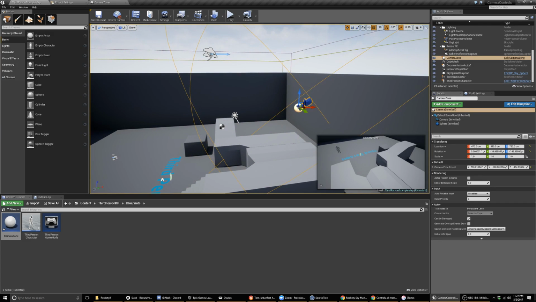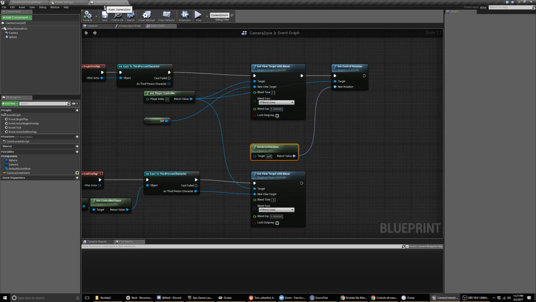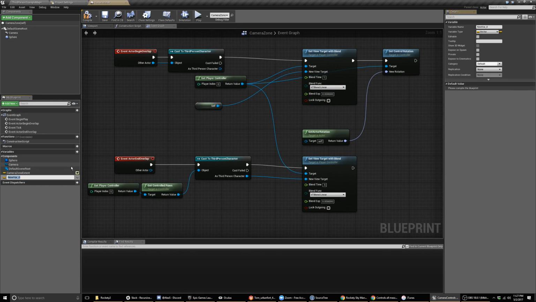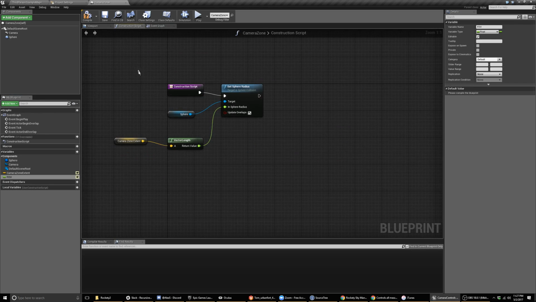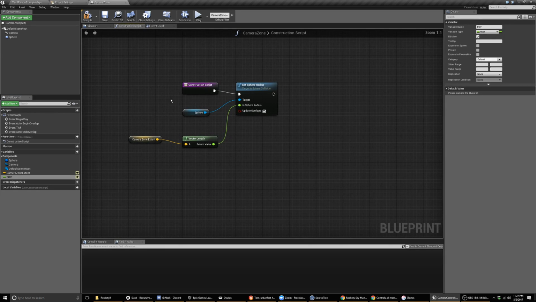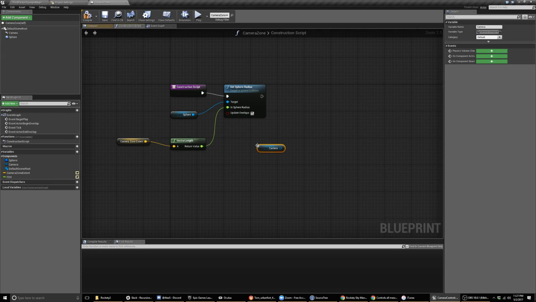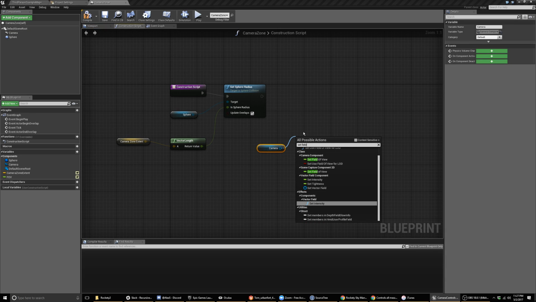And if you wanted to control the field of view or whatever, you could just expose that on this blueprint, right? You could say float, say FOV, float, editable, and then in the construction script here, where I set the sphere radius to the length of the vector for the camera zone extent, you could actually just say camera, set field of view to